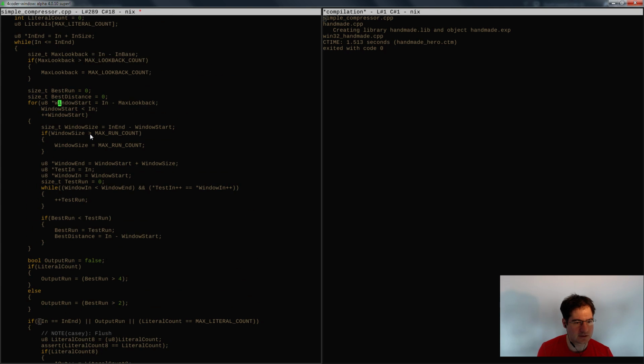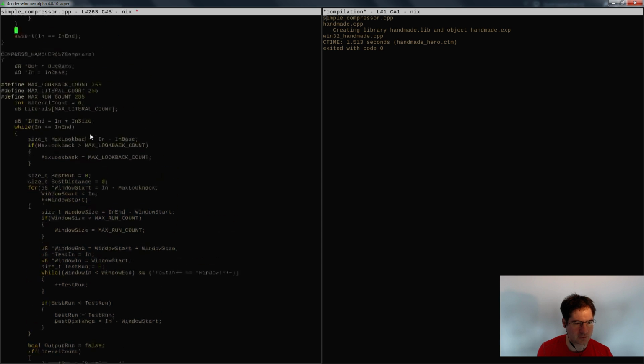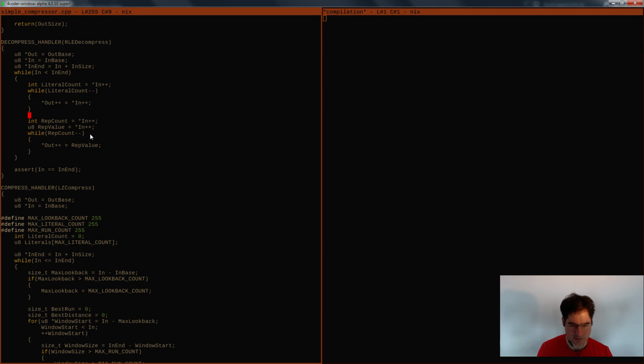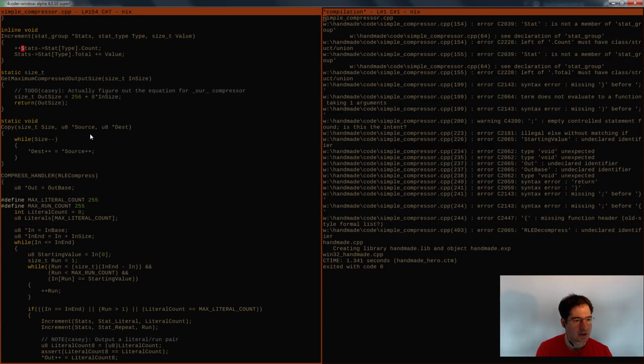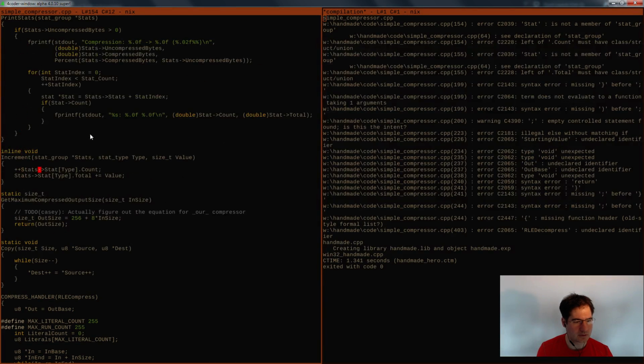And in this case, the window start is minus look back, in end minus window start. I think all that should work just fine, but we should double check that, obviously. All right,